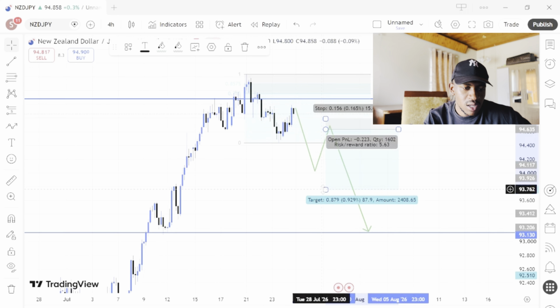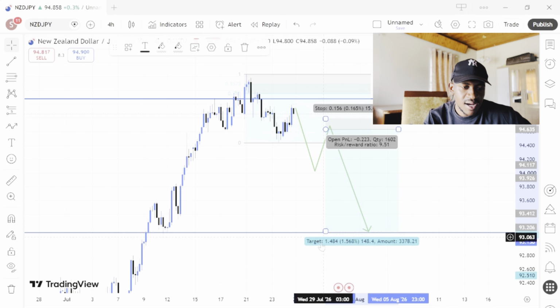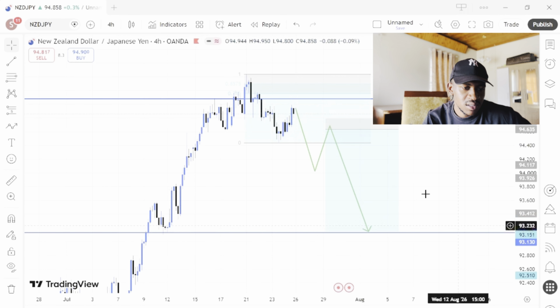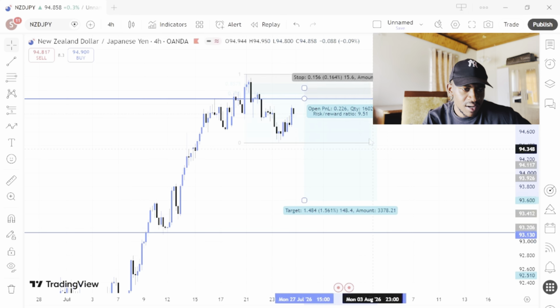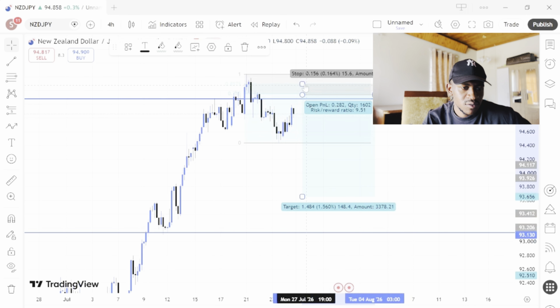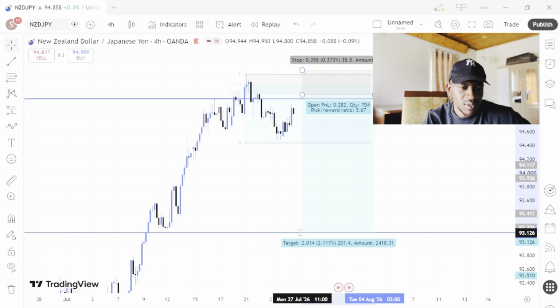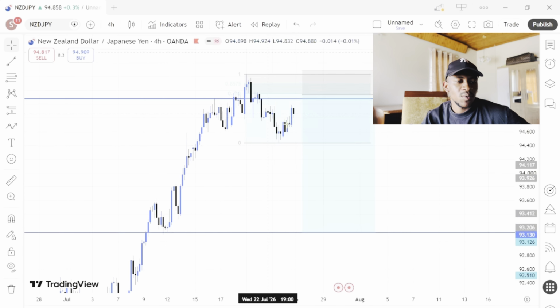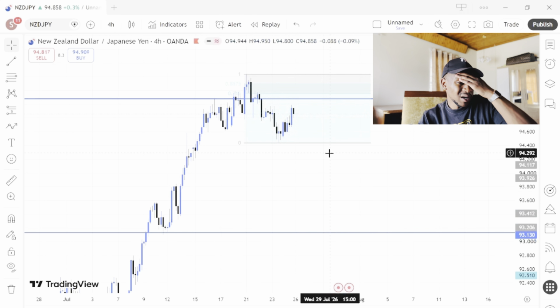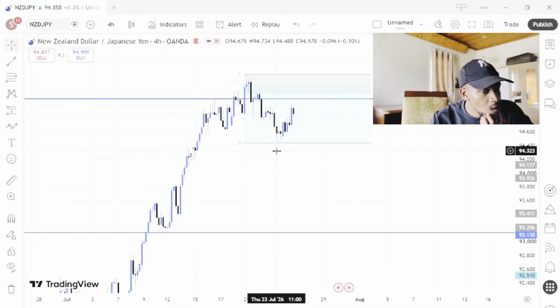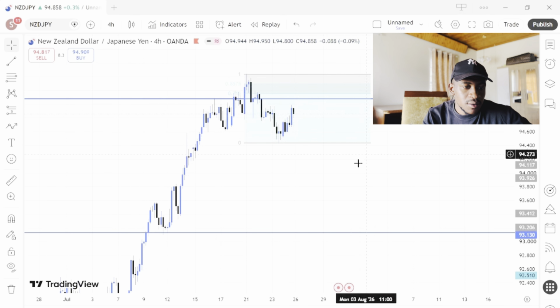Because what I want to do is that I don't want to enter a trade outside of the range. Like you see, the 0.7 retracement is out of the range, meaning I'll have to place my sell limit outside of the range, which is against my rules, right? I want to see price inside the range for me to execute. Since this is a sell setup, I wanna execute at the premium, right? So yeah, we'll see what this